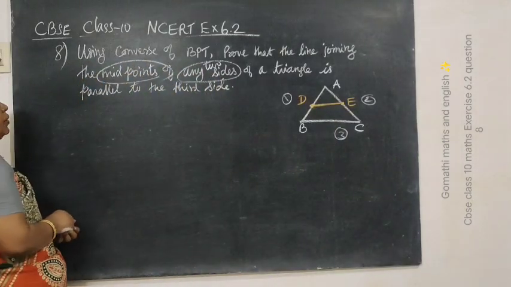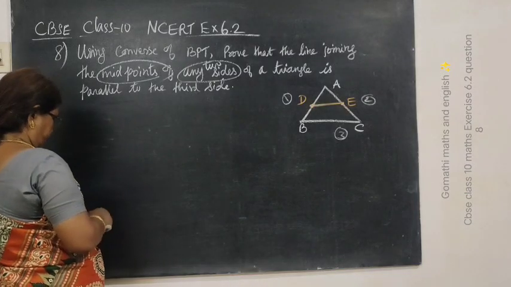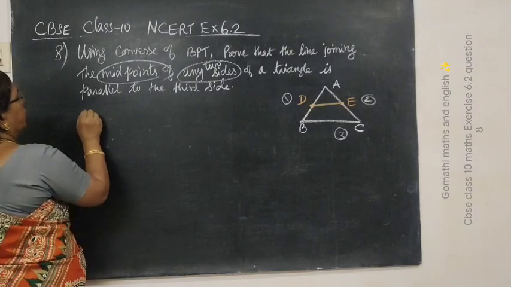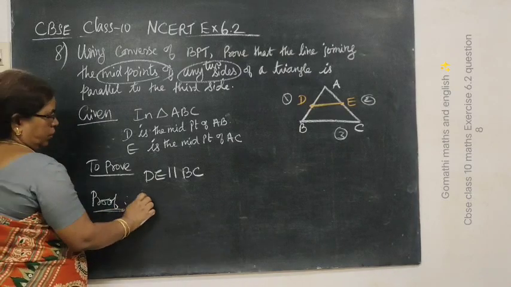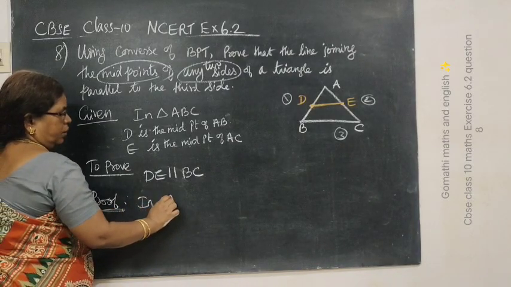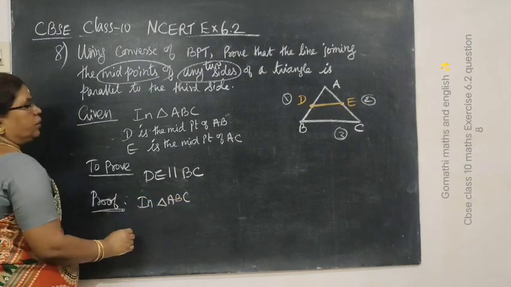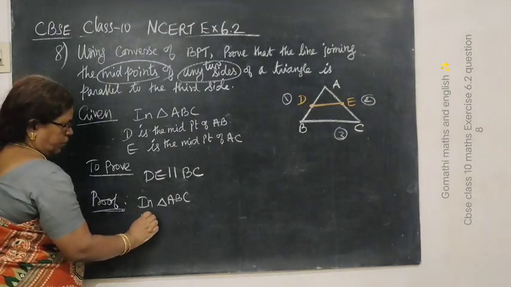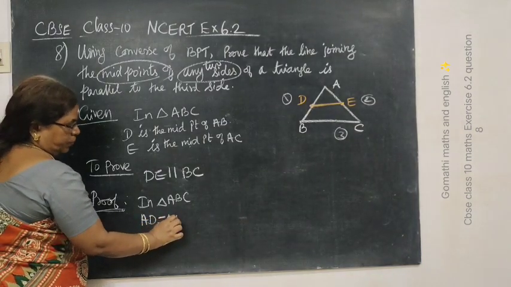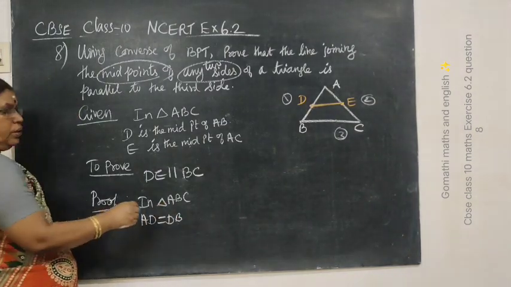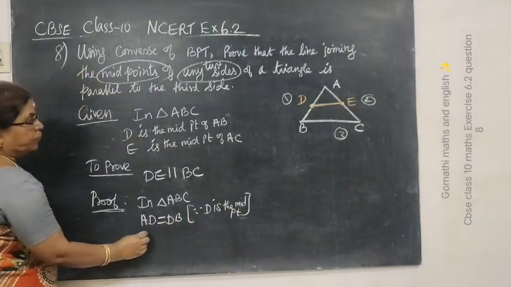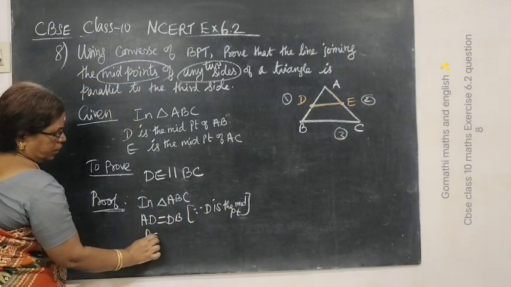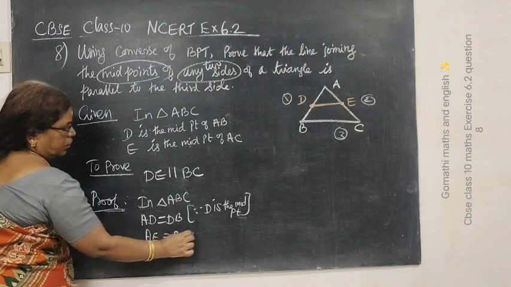So it is given the midpoint, we can use this. So what is given in triangle ABC, AD equal to DB. Why both are equal? Since next AE equal to EC. Reason